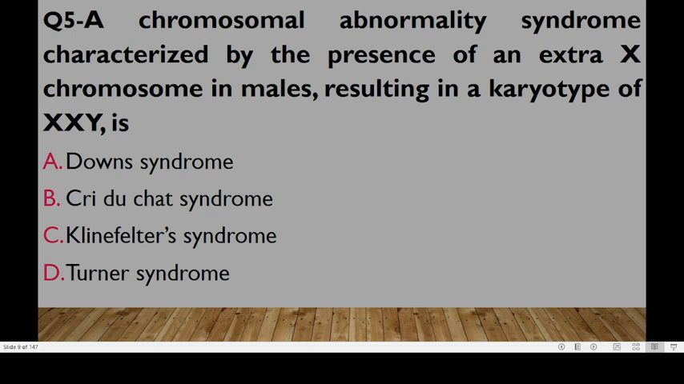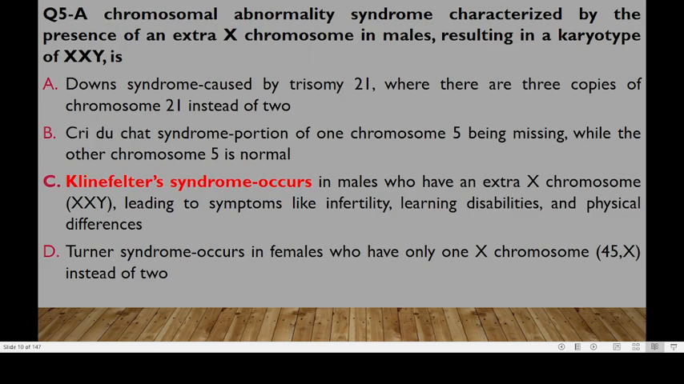majorly from the mesoderm. A chromosomal abnormality syndrome characterized by the presence of an extra X chromosome in males, resulting in a karyotype of XXY, is Klinefelter syndrome. Remember, it normally occurs in males who have an extra X chromosome, giving it a karyotype of XXY, and individuals with this formulation will present with symptoms such as infertility, learning disabilities, and physical